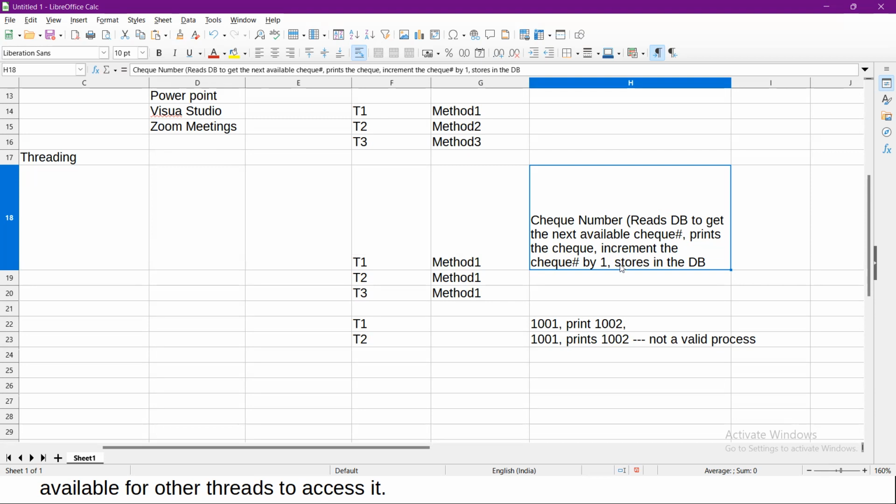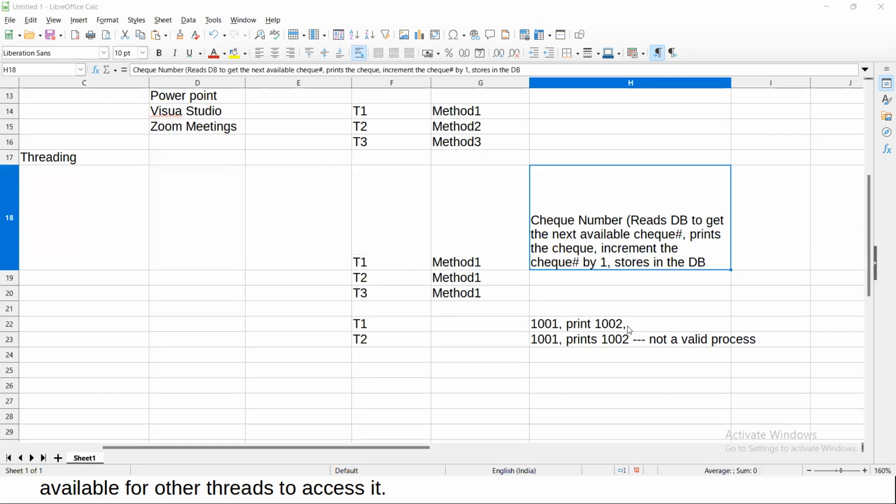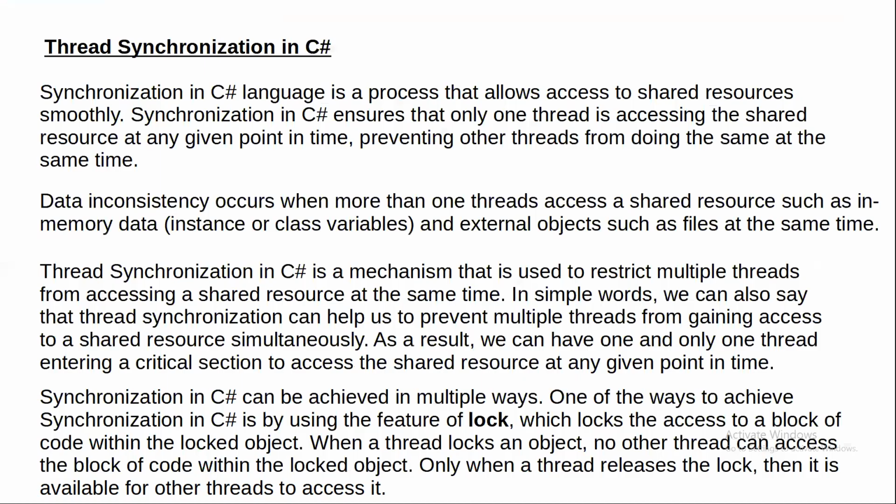So in order to avoid these kinds of issues, we have the concept called synchronization. Synchronization means that at a time, you are restricting only one thread to access that particular piece of code. That way, nobody else can access the data and you can avoid the data discrepancy issues. So if you want to do that, right? See, remember guys,